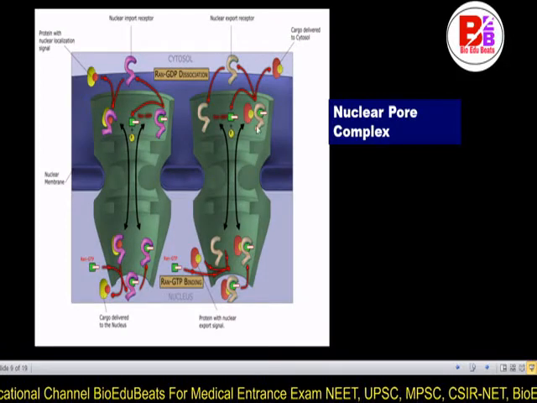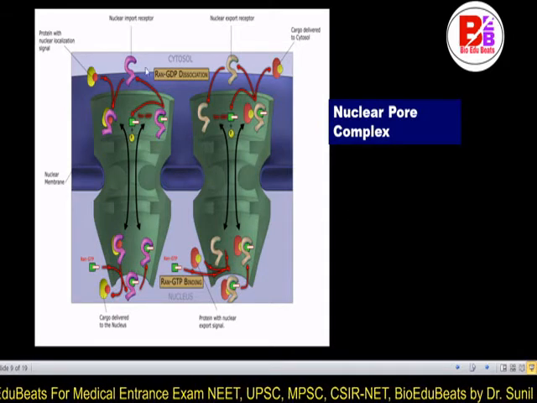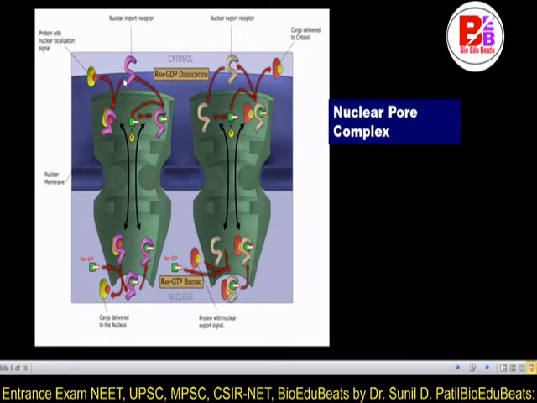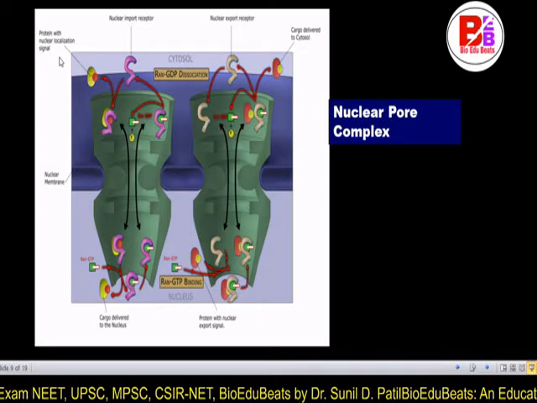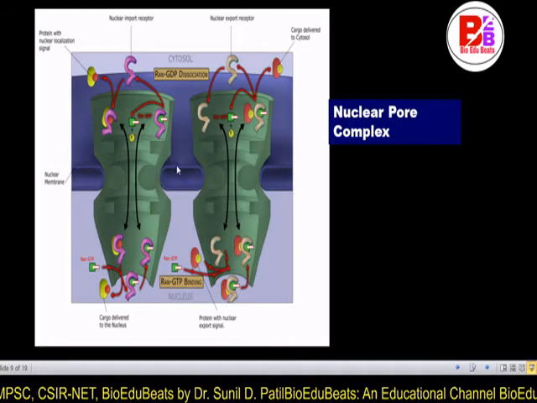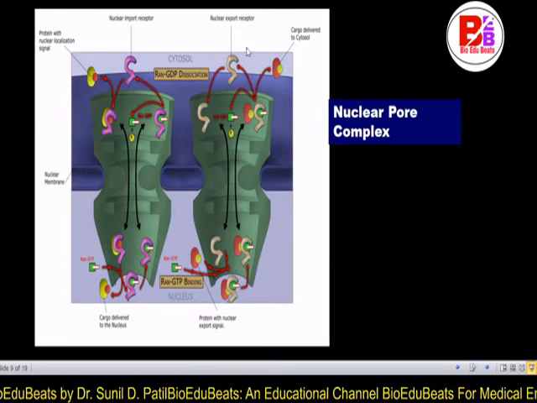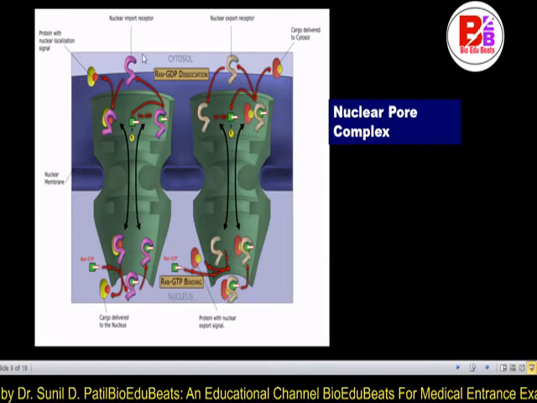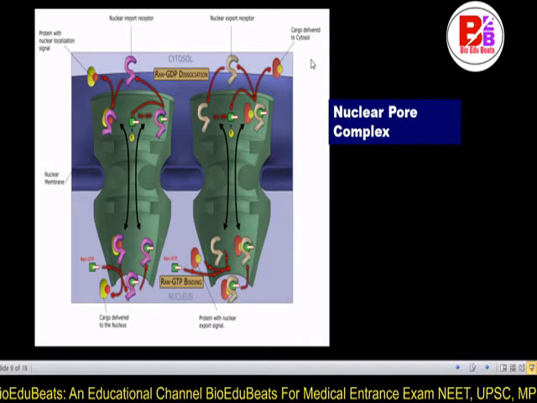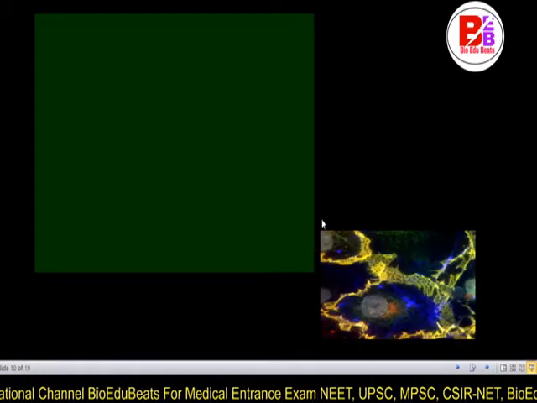They are connected with the radial spokes, which control nuclear import. Receptors are there at one end, protein and nuclear localization, then the nuclear membrane. At the nuclear membrane these things are present. The nuclear export receptors are present on some and import on others. Then cargo delivery to the cytosol. How they are transported we are going to see in detail.